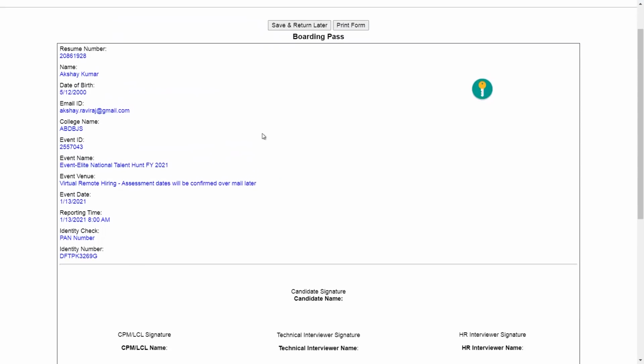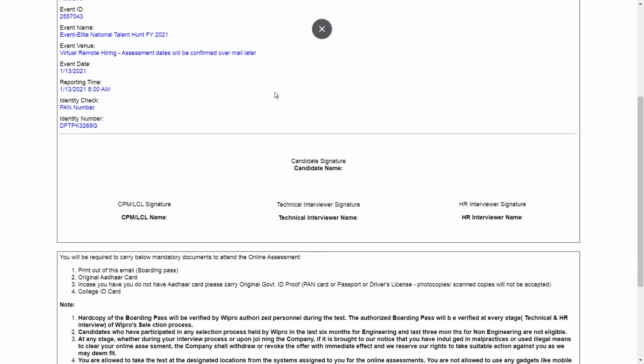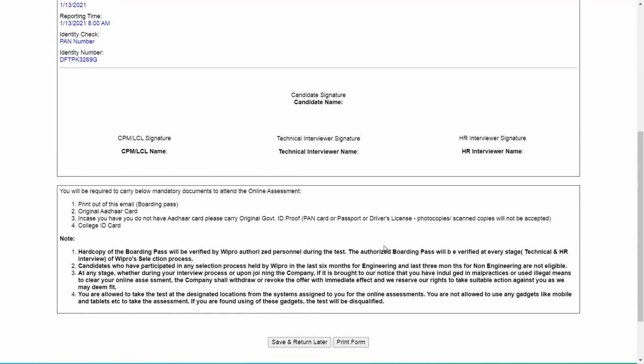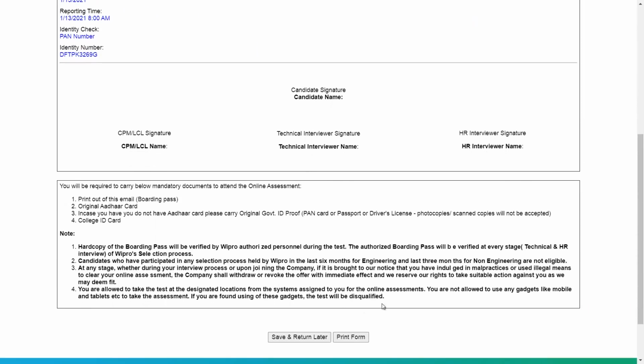So it's pretty much going to be online, is what we are anticipating. They have not fully designed their web page, so they're saying information will be told over email. If they're planning on doing the exams via centers, they'll let you know, but as of now, it looks like it's going to be a virtual online assessment.